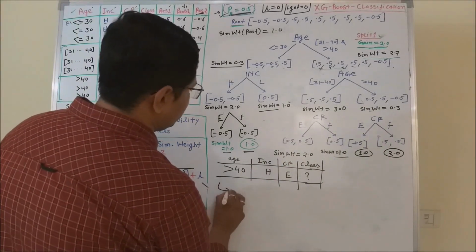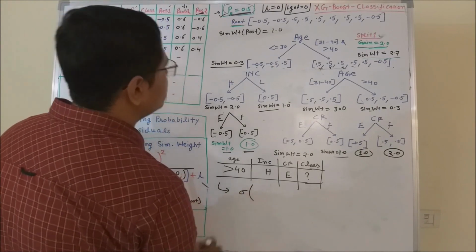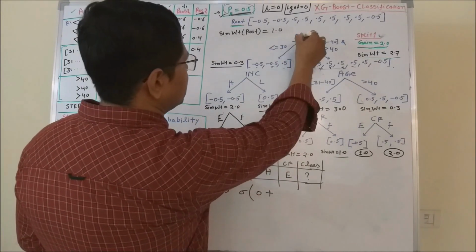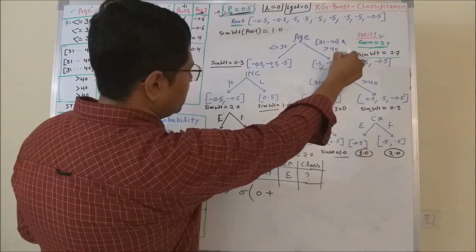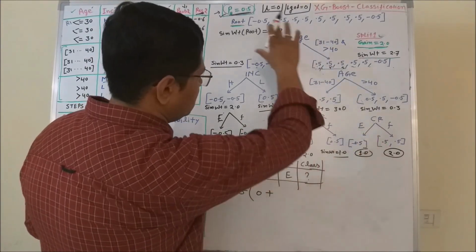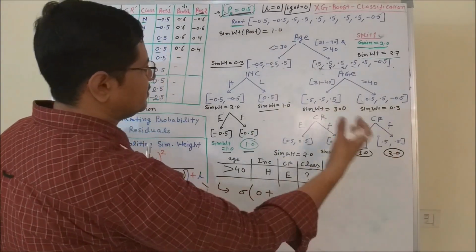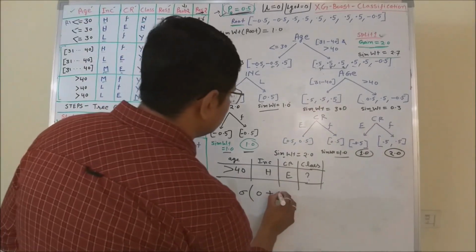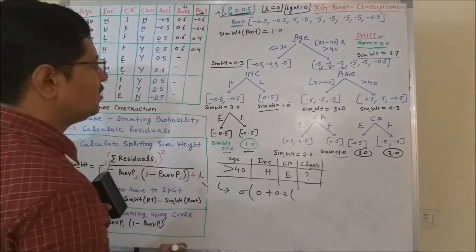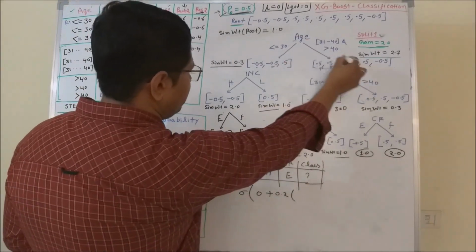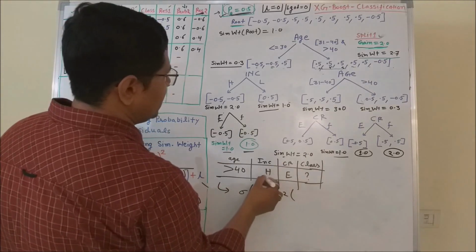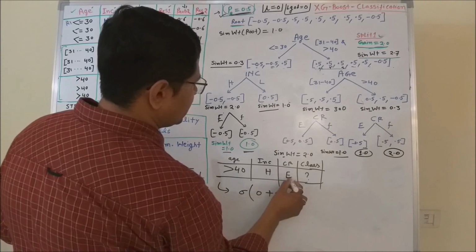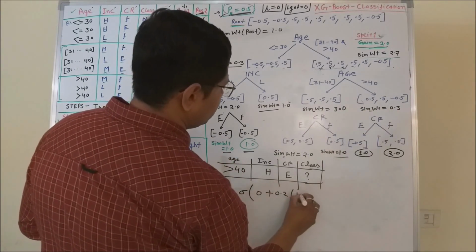To get the prediction probability, we will use the sigmoid of log odds 0 plus the tree values. Now traverse the first tree. You have to get the value from the first tree first. Then if we have a second tree, we apply the same fashion to get the value from the second tree. So suppose our learning rate is 0.2, times the value for age greater than 40, and income is high is not used here, so age greater than 40 it will go here, and then credit rating is excellent, so it will come here, so it will be 1.0.